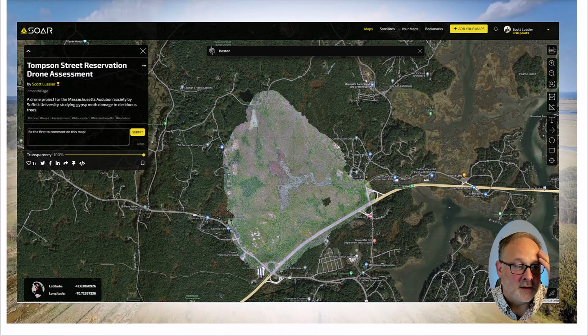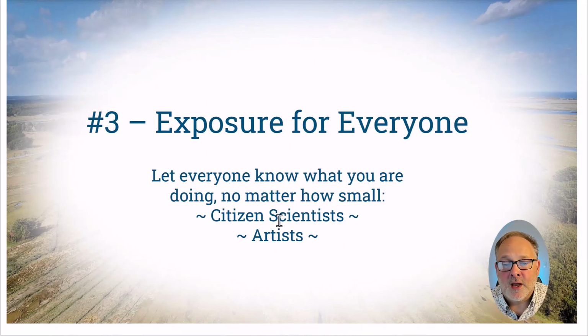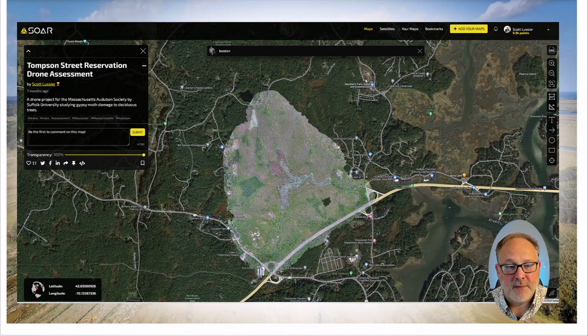All right, so exposure for everyone, number 3. So there are a lot of citizen scientists out there, a lot of people that just like to make maps and use drones and do certain things. Here's a map that I created with my drone years ago up in the North Shore of Boston. This is about 300 acres of drone imagery assessing the trees in this reservation.